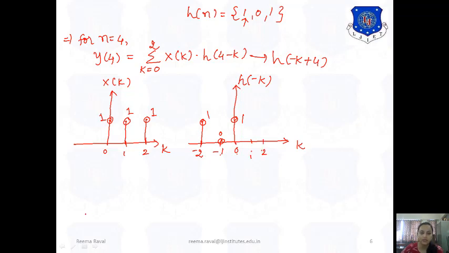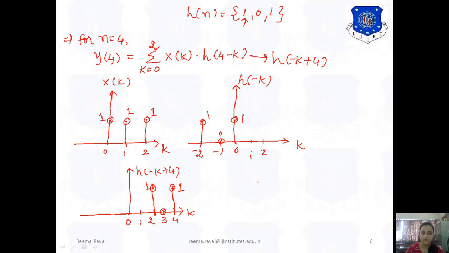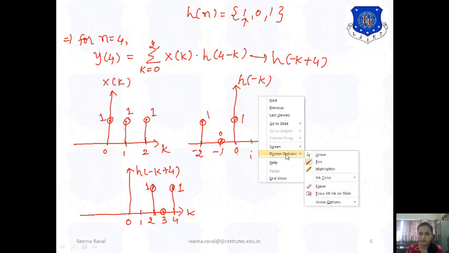So now we will have h of minus k plus 4 at the instants 2, 3 and 4, right? We will have no values at instant 0 and 1. So at instant 2 the value will be 1, at instant 3 the value is 0, at instant 4 the value is again 1. Okay, now we are going to multiply these two,